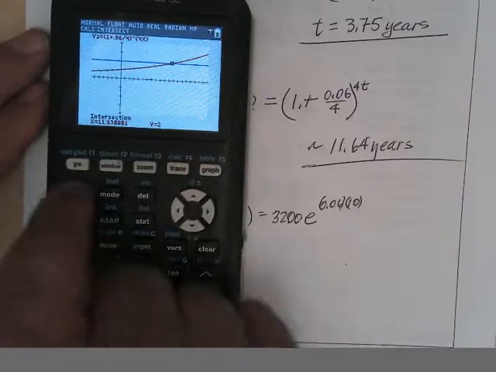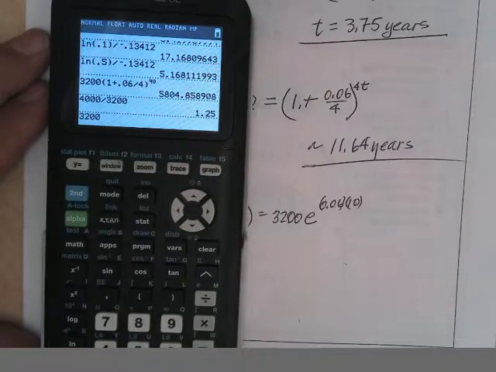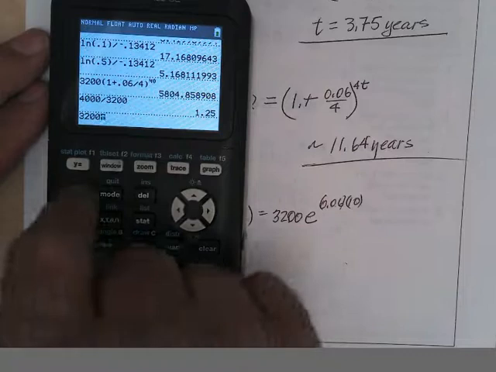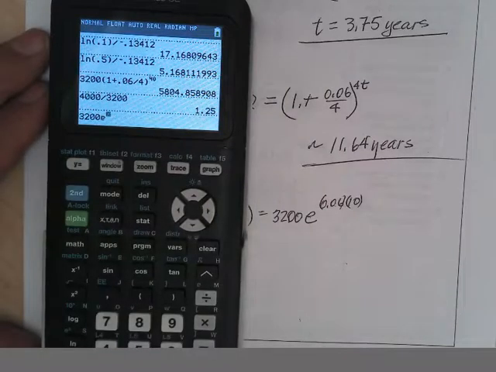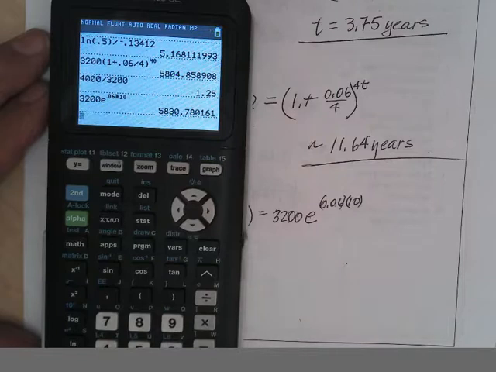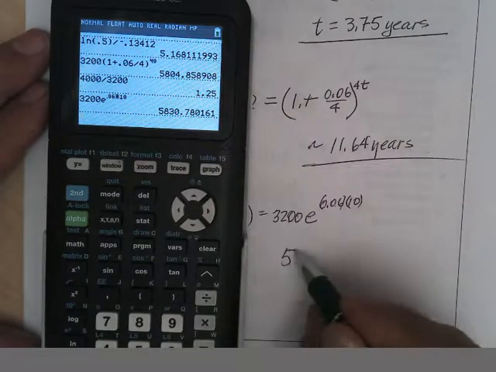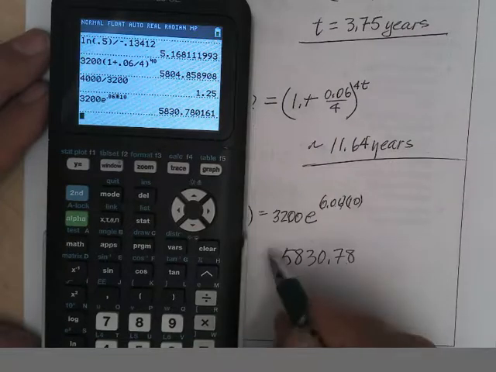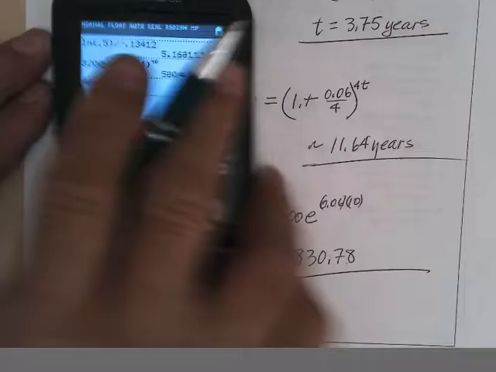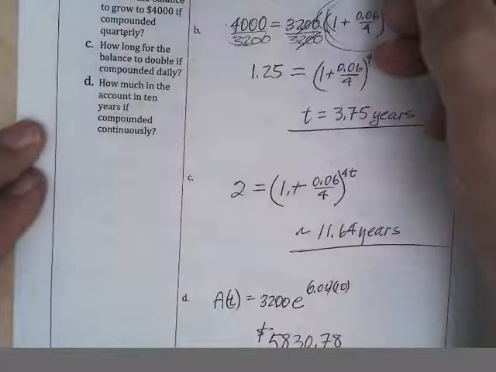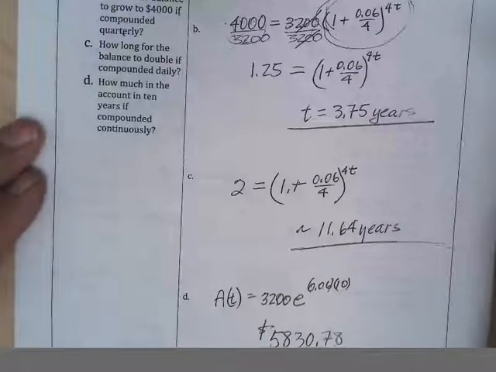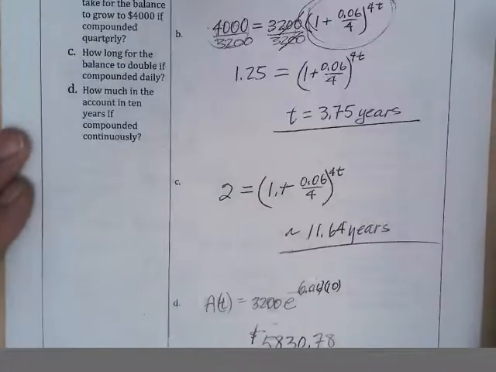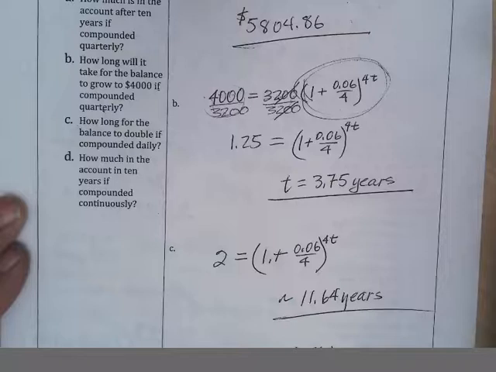So we're going to do 3,200 e to the 0.06 times 10. And that comes out to be $5,830.78, which is about 26 bucks more than up there. Okay,